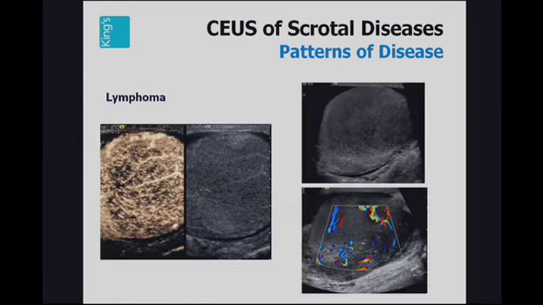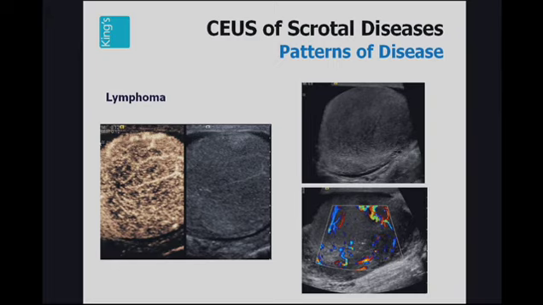This is an example of a lymphoma. This tumor behaves very differently with the addition of contrast. Lymphoma tends to grow along the lines of the anatomical structures without distorting vessels, and vessels can be seen very clearly through the tumor, in contrast to that of a primary germ cell tumor where there is disorder of the vessels. It is, however, important to note that contrast-enhanced ultrasound at the moment cannot tell the difference between the different